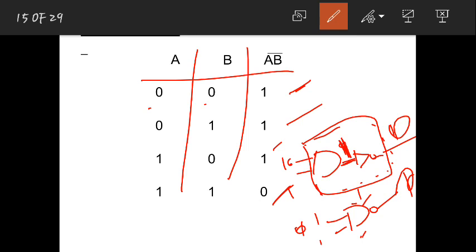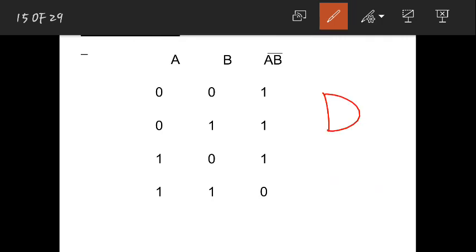So how to derive a NOT gate from a NAND gate? Because using the NAND gate you can derive any gate, that is why it is called universal. We will see all the others later, but for now we will see how to derive the NOT gate. If this is your NAND gate, by just shorting both inputs and giving a single input, you will get a NOT gate. If I give 0 here, both inputs are taken as 0, so the output will be 1. So the input I have given is 0 and the output I got is 1.